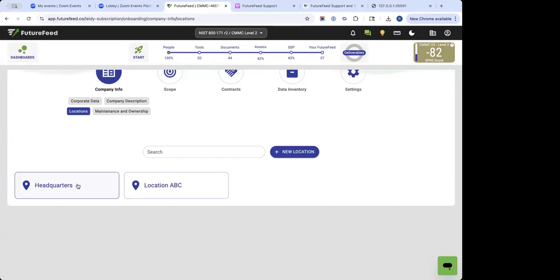Obviously you'll want to just have that information somewhere, whether you spell it out directly in FutureFeed or retain a listing of those locations elsewhere. An assessor will want to know of them and ask you about them. But the reason why I think one would be sufficient is because I would assume that the